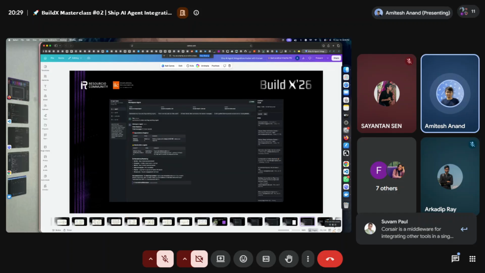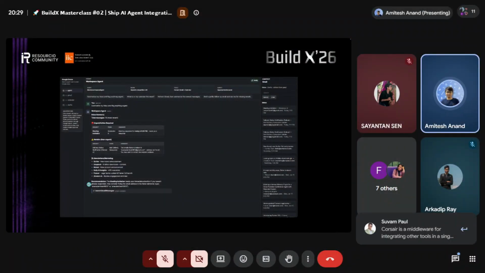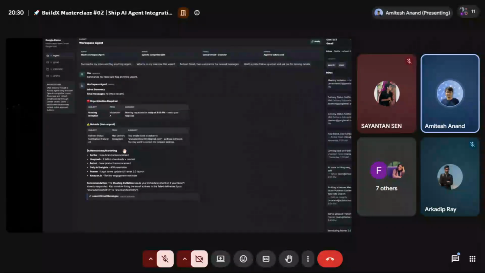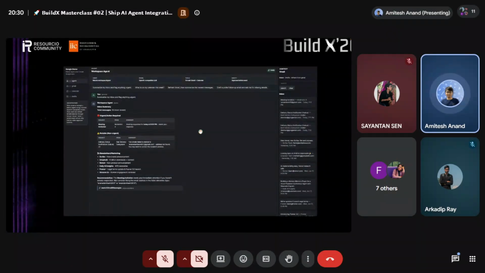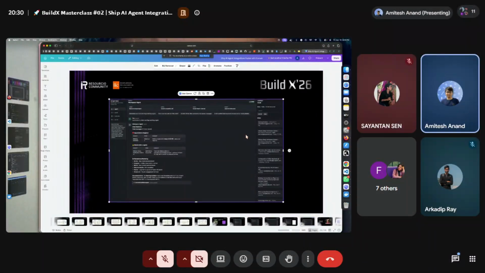And as you can see, like the updated demo part, it is well formatted. It's giving me urgent action required part as well, notable non-urgent task that email has, and everything related to it. And I built this in under like 10 minutes. So I just set up my agent Codex with Corsair MCP, and I asked it to build it.